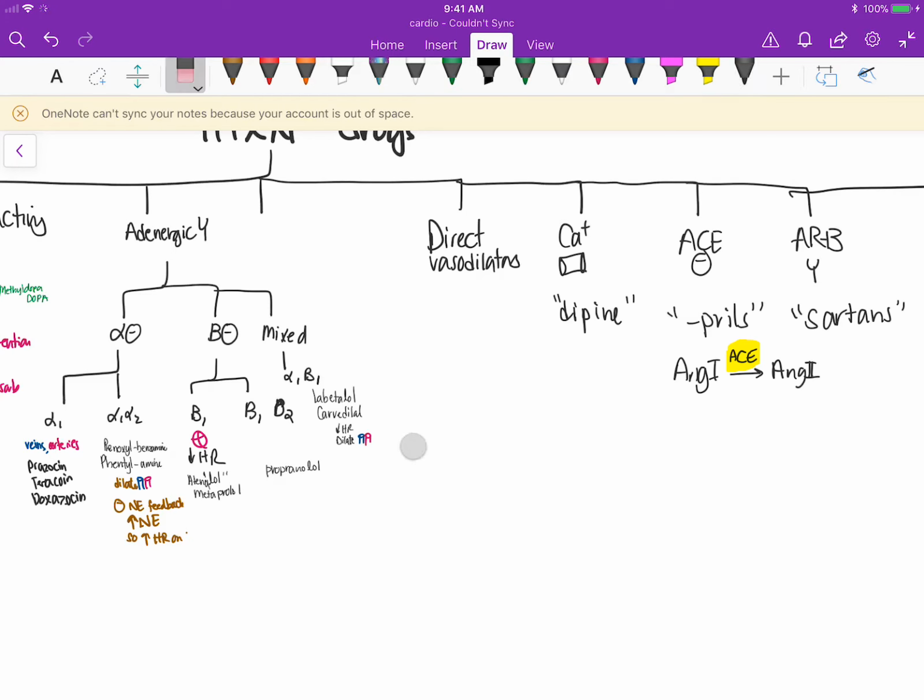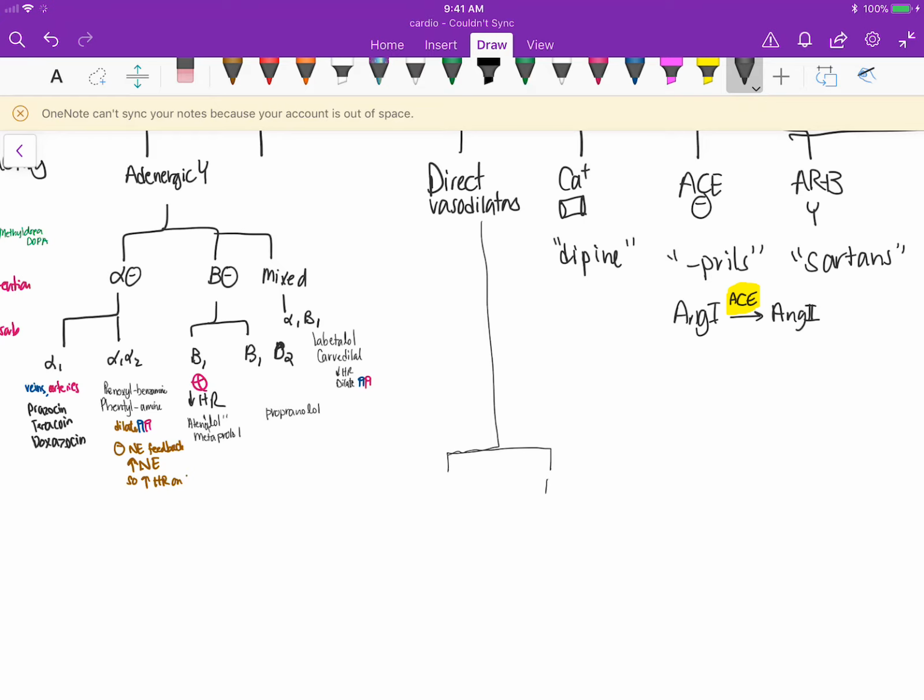Some of them work either only on veins, and some of them on veins and arteries. So some of them work only on arteries versus veins and arteries. So what's the difference? Well, remember that the blood in the veins goes back to the heart, and that's part of the systolic blood pressure. So the drugs that act on both veins and arteries affect systolic and diastolic,